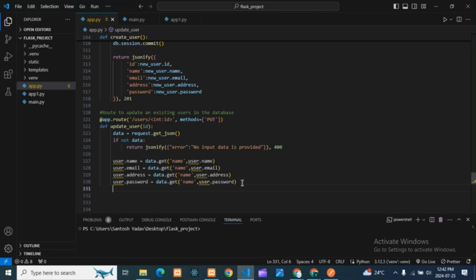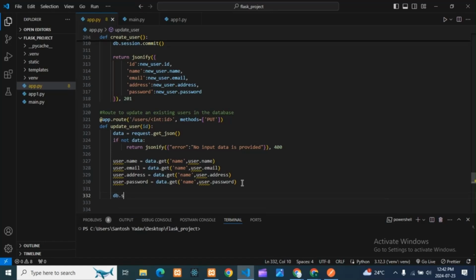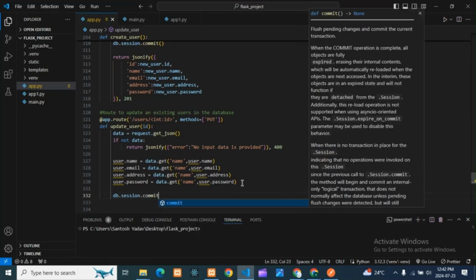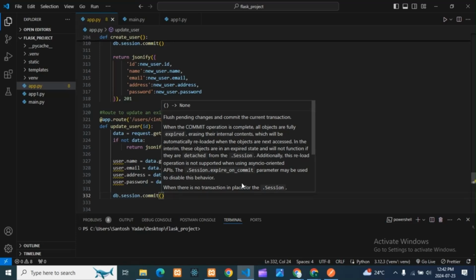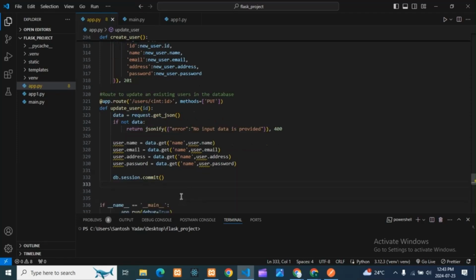Then what we will do, guys, we will commit, which means it will save in our database. Whatever the changed data is, that also it will save, and the current present data it will also save. So commit here we are doing in our db. Here we have committed our data. Then after committing, we need to return something, right? So for that here I will return